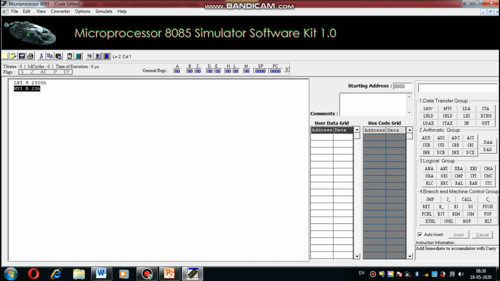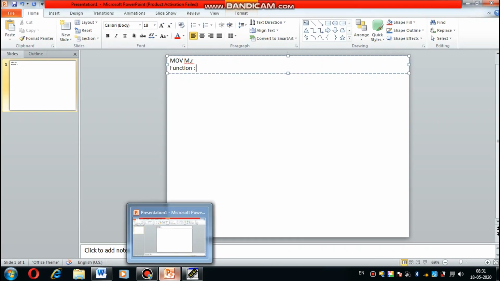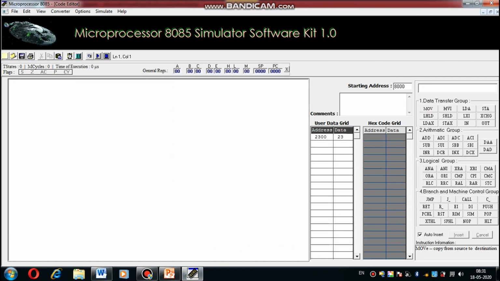Suppose I initialize this memory location, and in this memory location 23H data is given. Then what happens, the instruction MOV M, R is executed. The register.